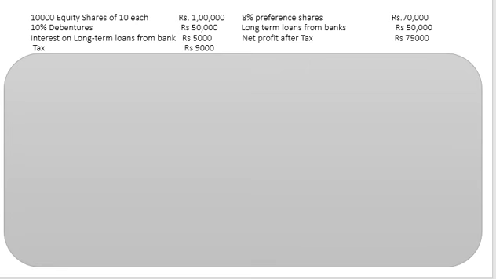Now we will see how to calculate interest coverage ratio. So the formula for interest coverage ratio is net profit before interest and tax divided by interest on long-term debts. So in this question,